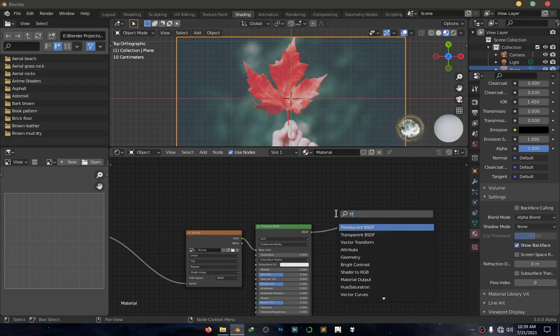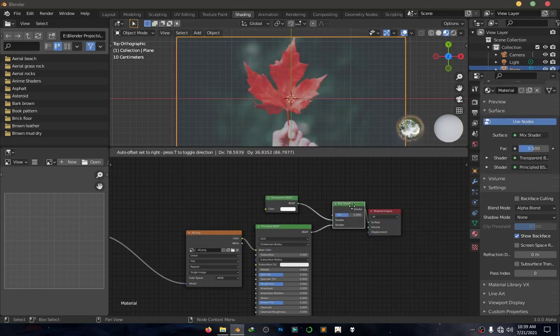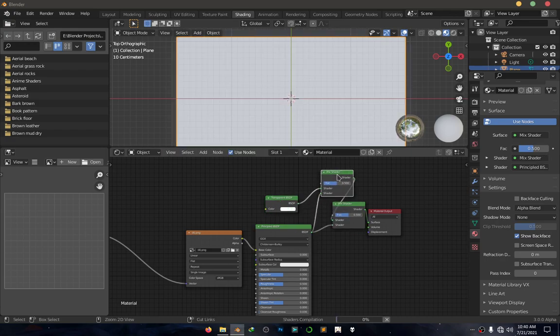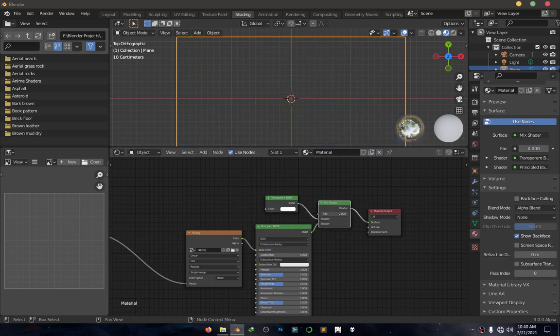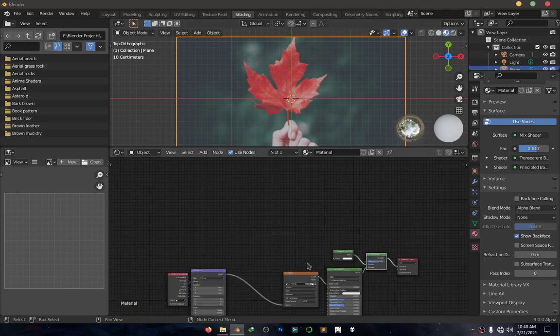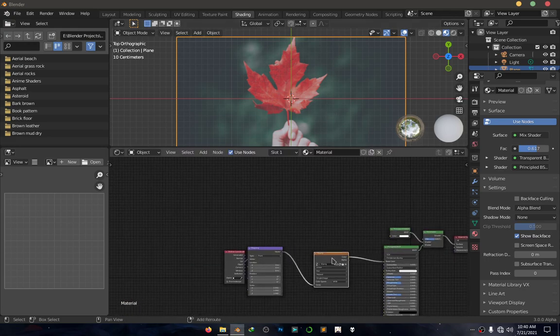So let's add a transparent. Okay, the shortcut I used there was Control Shift and drag. It will create a mix shader as it did here. We don't need it as we already have one. So you can see that the transparency works, but not as we intend it to. We need it to separate the leaf out. So we can just use the same